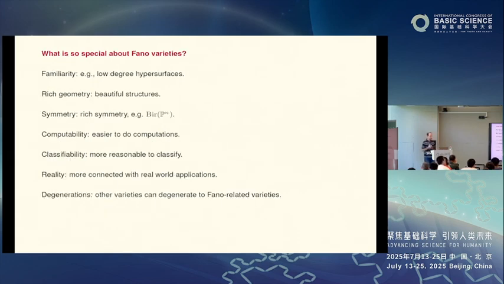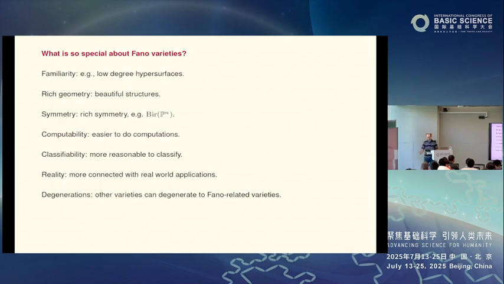Okay, so what is so special about Fano varieties? Why should we focus on this class where the anti-canonical bundle is positive? Why not on the class where the canonical bundle is positive? Well, that's because Fano varieties enjoy some really special properties. First of all, they are the most familiar varieties when you start to learn algebraic geometry. The very first examples that you see usually happen to be Fano varieties. And that's not surprising because when you look at low degree equations, they usually give you Fano varieties.